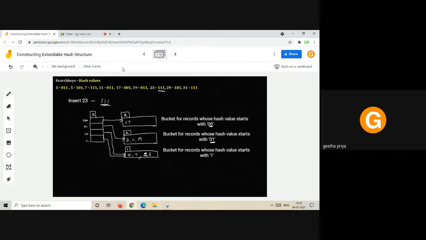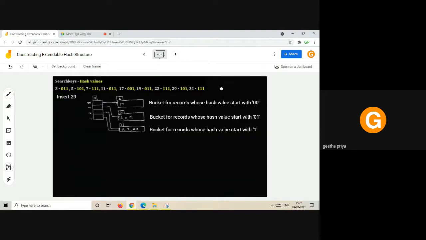Now, next, after inserting 23, we have 29 to be inserted. So far we have done all these things, only 2 more search keys are left to be inserted. Okay, so for 29, the value is 101. Okay, so its hash value is starting with 1. See all these buckets, there are 3 buckets created so far.